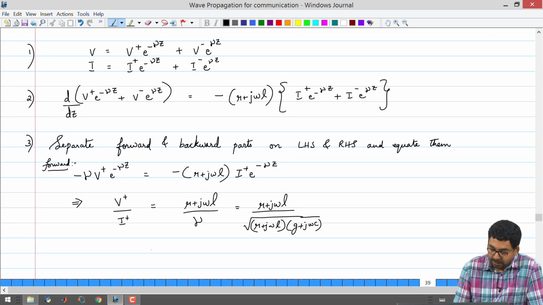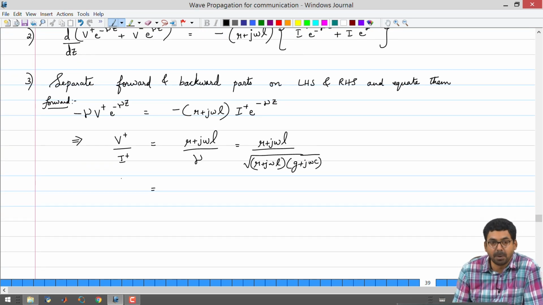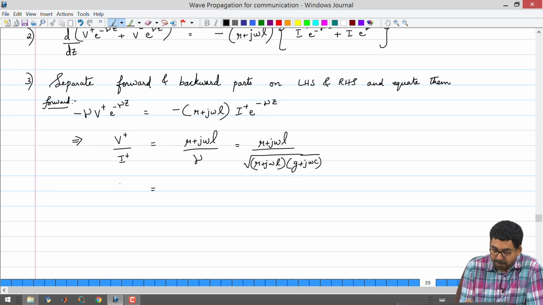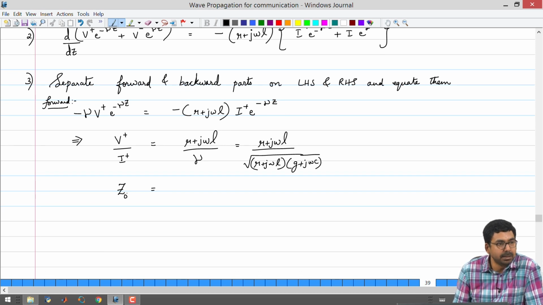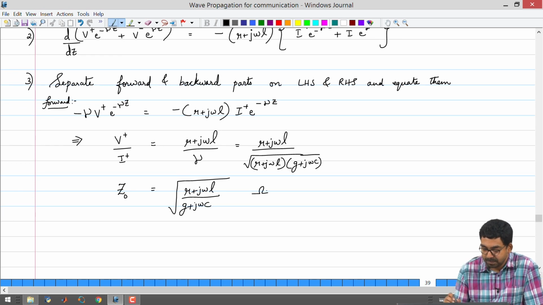Okay. So, in other words, the left hand side has to correspond to the impedance in the transmission line. So, this is the characteristic impedance of the transmission line. You can mark this as some Z0 or ZC depending upon the convention that you are following. Z0 we will use to represent the characteristic impedance, which is going to be equal to square root of (r plus j omega l) divided by (g plus j omega c). It is going to be in ohms.